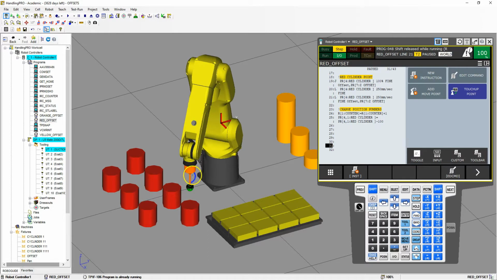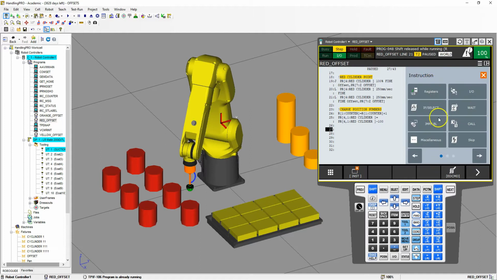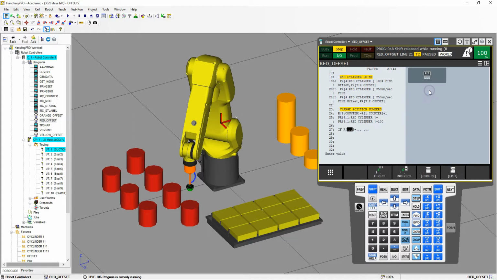So what we're going to do is we're going to look at our counter number, and we're going to make a decision based on that. So if the counter number is even, we're going to go a certain number. If it is odd, we're going to go another number. So we're going to make two decisions, okay, which is going to be based on whether we go left or right. But the first decision we're going to make is whether our counter is equal to 1, 2, 3, 4, 5, 6, 7. So let's go new instruction, and let's do a counter. So if our counter, which is register number 1, is equal to constant 7,